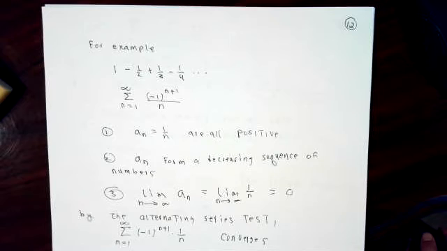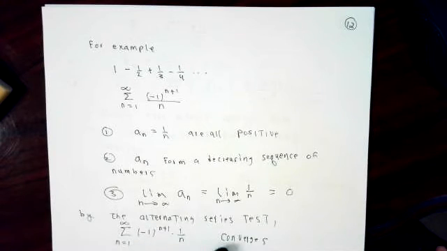Also, obviously, they're decreasing because if I make the number on the bottom of the fraction bigger, I make the fraction smaller. And also, it should be obvious that the limit as n tends to infinity of 1 over n is 0. By all of this alternating series stuff we've been talking about,